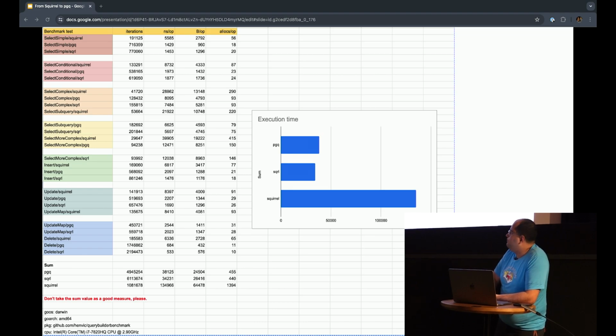That I agree with, but I don't have this problem in PGQ. So basically, this is not thread safe. With sqrl, I haven't really investigated their code a lot, so I don't understand the reason why. But you see that the number of allocations and the time of execution and also the memory that it's using in both are much smaller than in Squirrel.